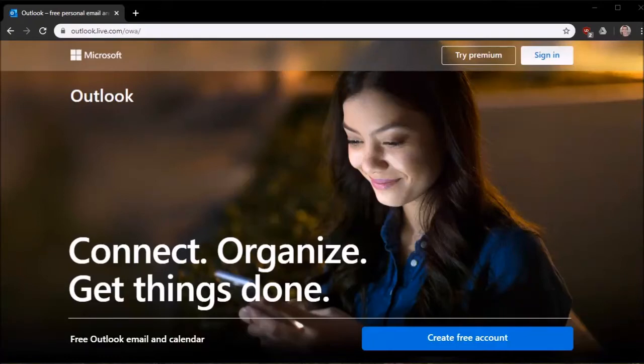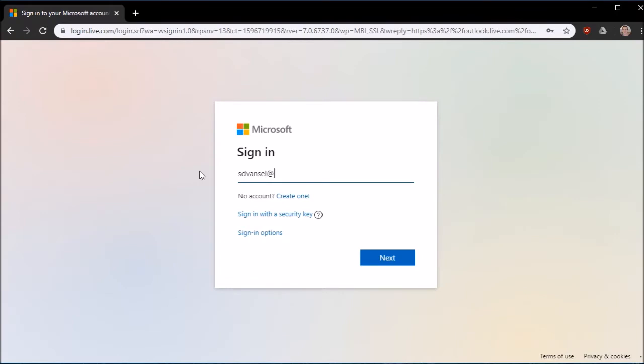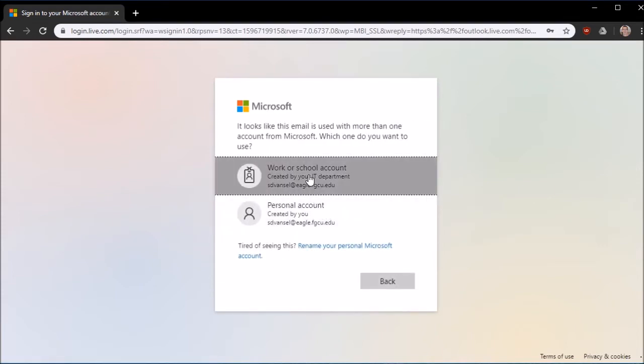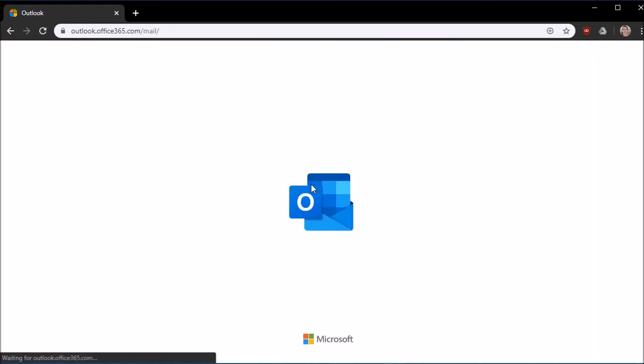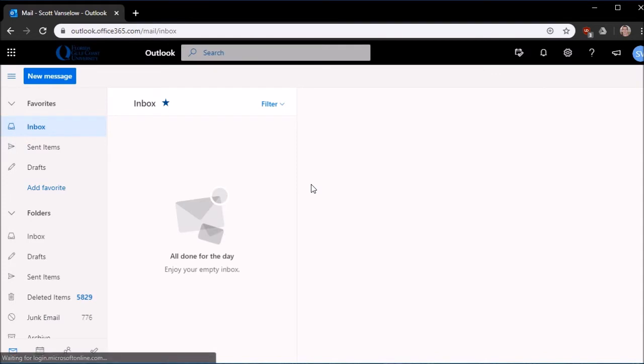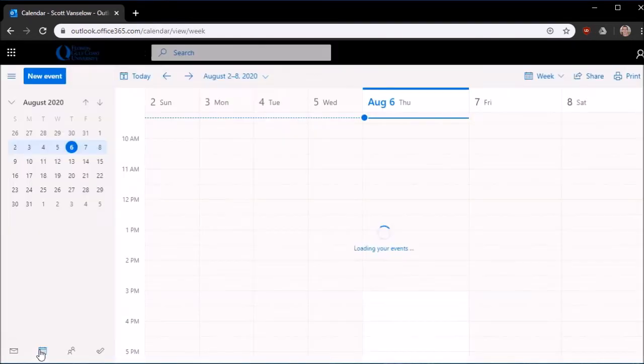Time management is your most important skill as a college student. To help you with time management, here's some things you can do using Outlook. If you go to outlook.live.com and log in with your Eagle account, I'm using my old student account to show you what it looks like. There's a calendar button at the bottom,